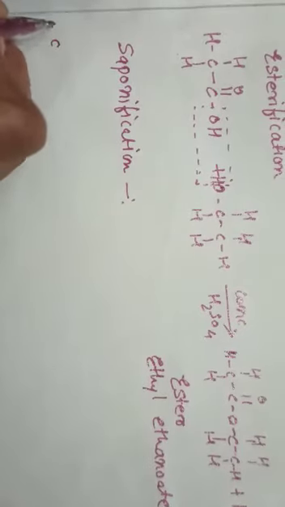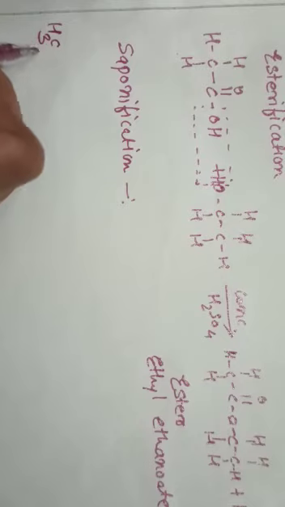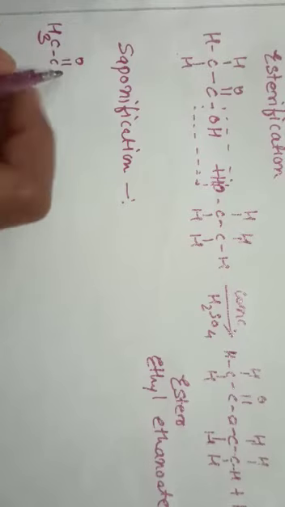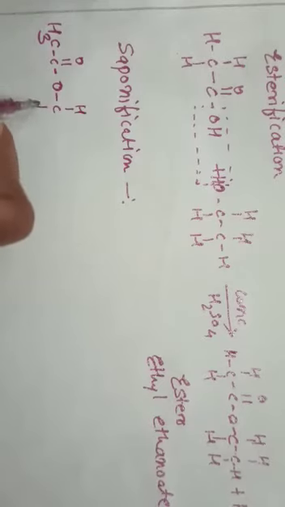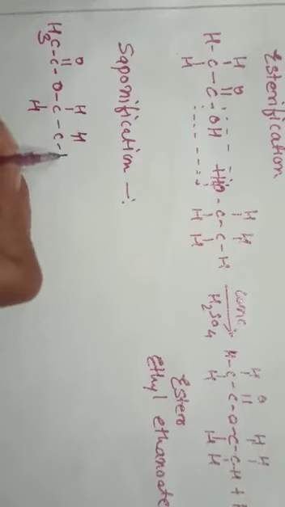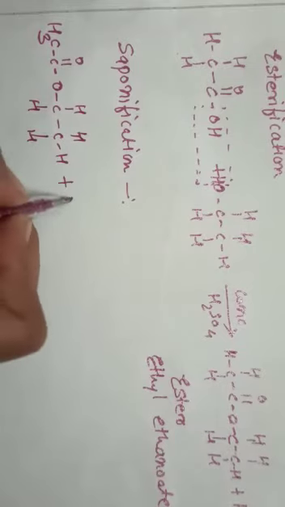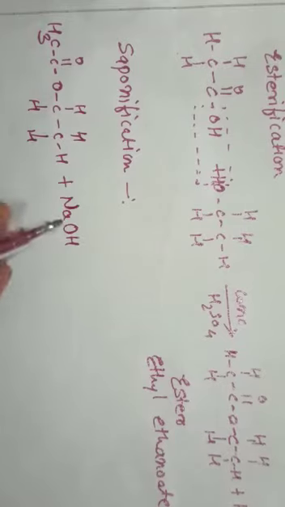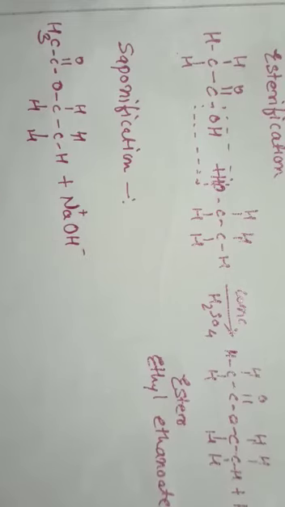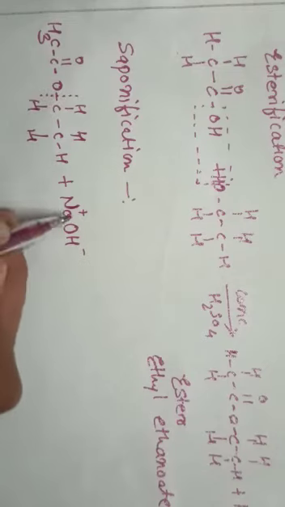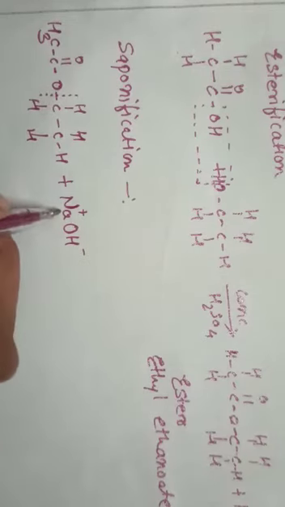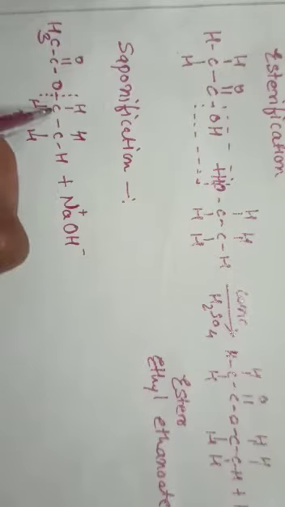Draw the structure of ester now. Instead of CH3, I am writing here directly CH3, double bond O, C, H2 and CH3. Allow it to react with NaOH, sodium hydroxide. Now we know the charges present on them: sodium has a positive charge and OH has a negative charge. So when they come in contact with each other, the bond is going to break from here. And here O is going to combine with Na and OH is going to combine with C.